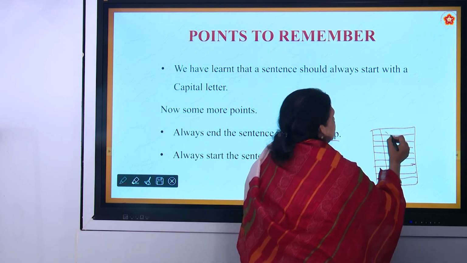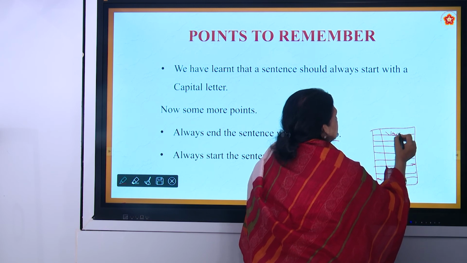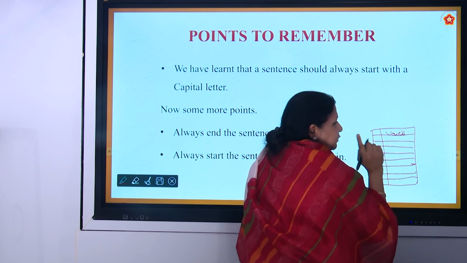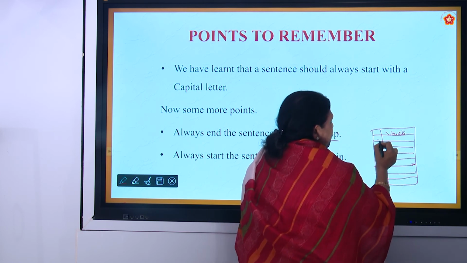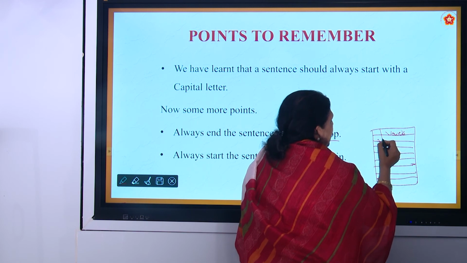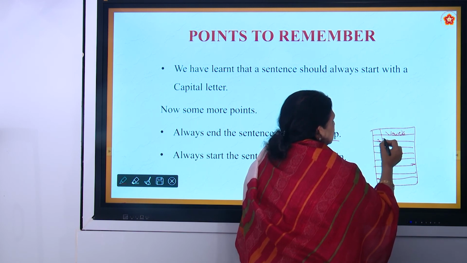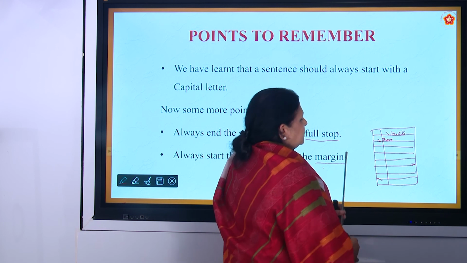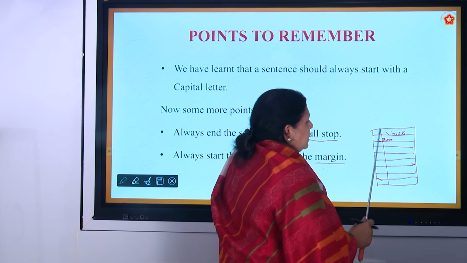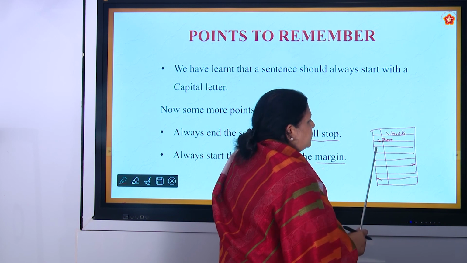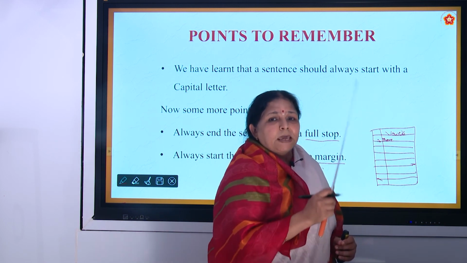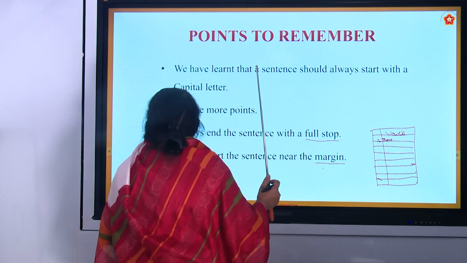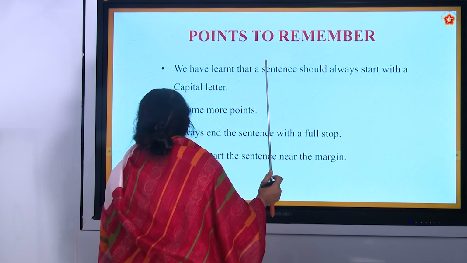Suppose you write vowels. Vowels. Okay. And here you start the first point. If you want to start the first point, you should write 1 here in the margin and then write from here. There are continuous like that. Okay. So, understood? This is a vowel, and then you start from the margin. In the margin, you can write A, B, C, D or 1, 2, 3, 4 like that. Okay. So, yes. So, now all of you have understood?